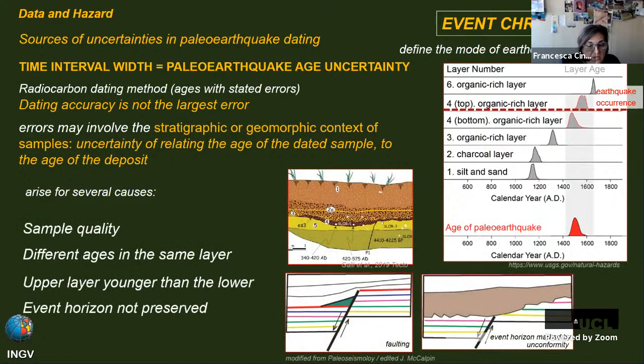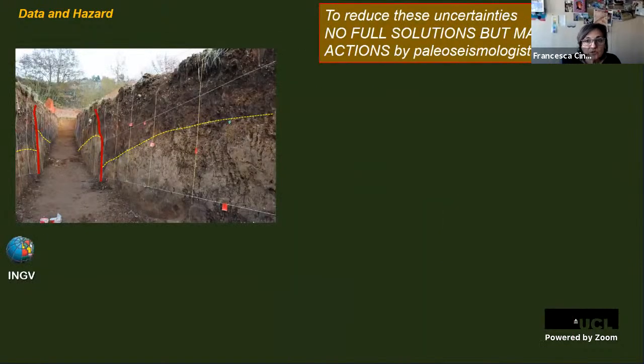Sample quality, for example, is contaminated material, different ages in the same layer. I don't know which one to choose, and the upper layer younger than the lower, so I have a reversal in the stratigraphy. Event horizon not preserved, as we saw. So the event horizon is marked by an unconformity. So we do not have a solution, let's say, but we can reduce uncertainties